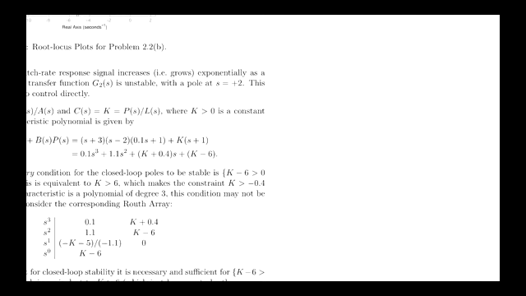So we're dealing with the polynomial (s plus 3)(s minus 2)(0.1s plus 1) plus k(s plus 1). That will be equal to 0 if and only if this object